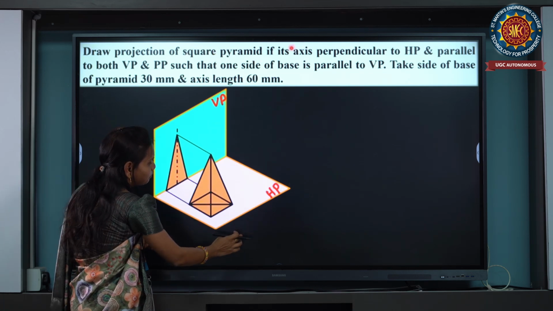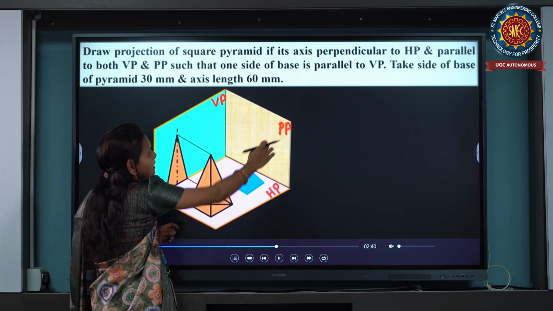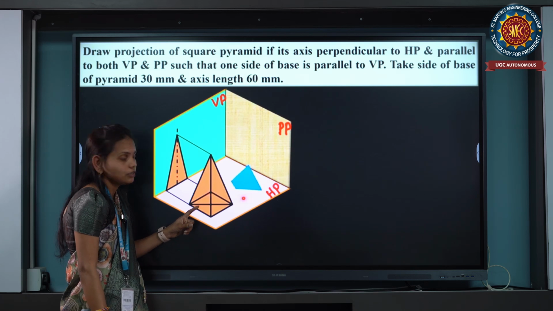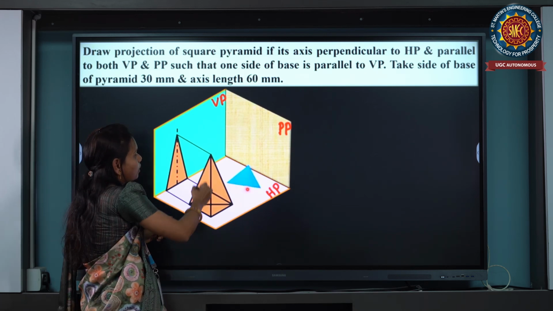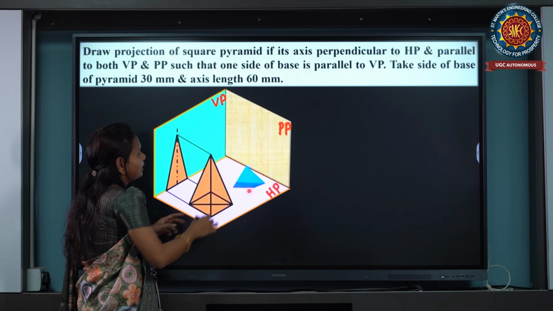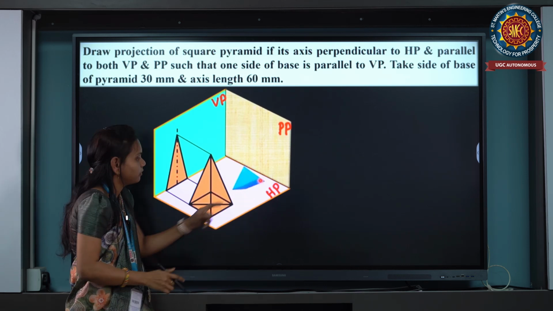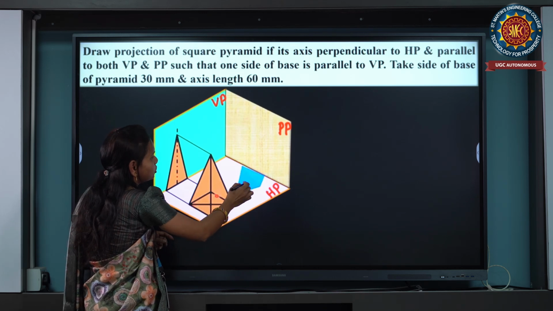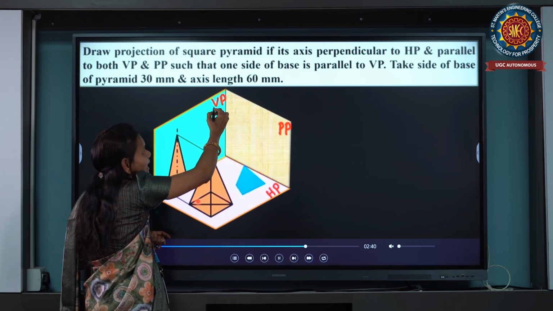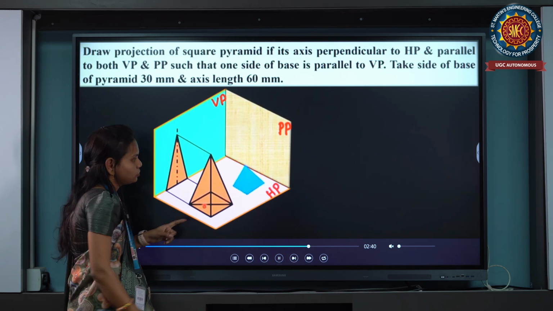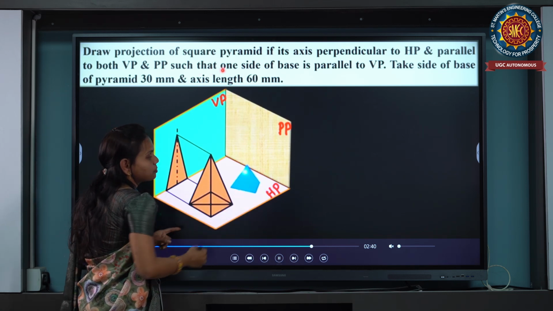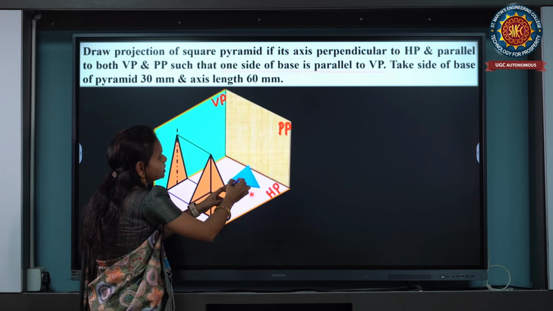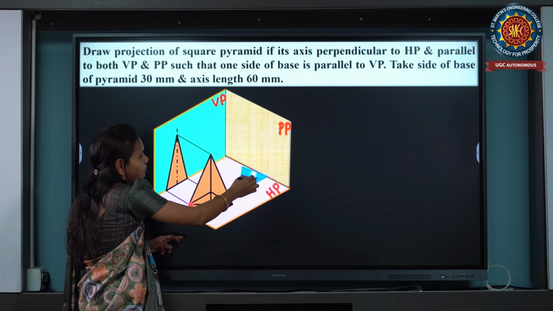So here we will get the profile plane. So this is the profile plane of the square pyramid. So clear? So in these problems we will get the position of this profile plane. So what is the square pyramid? It is parallel to the profile plane and VP, the vertical plane. So what is the HP? HP means horizontal plane. So after that we will get the original diagram of the square pyramid,